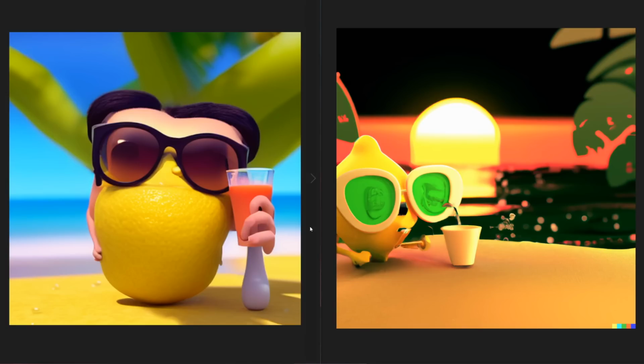So as you can see, Stable Diffusion did a decent job so far with this first image. We definitely can see the body of the lemon. Very good sunglasses, I have to say. Those are rendered well. He's definitely on a beach. Now, I wouldn't exactly consider this at sunrise. There's nothing to really say that in specific, but we can see the ocean in the background, some maybe tropical plants, and he's definitely sipping a drink and holding it. And it's definitely a 3D render.